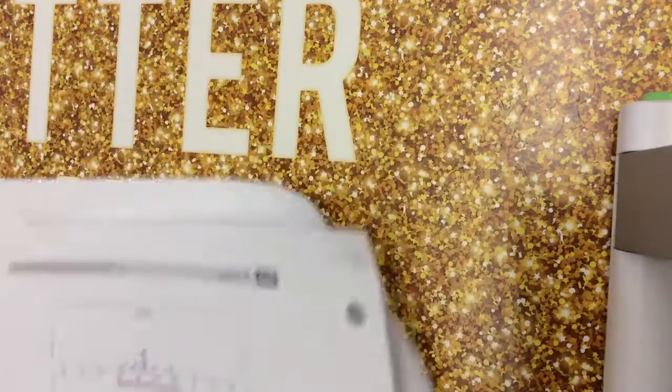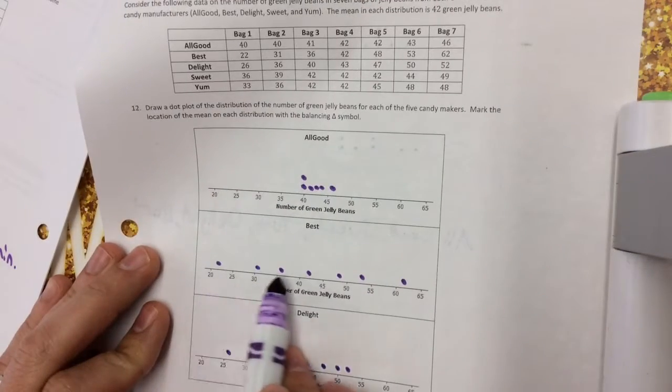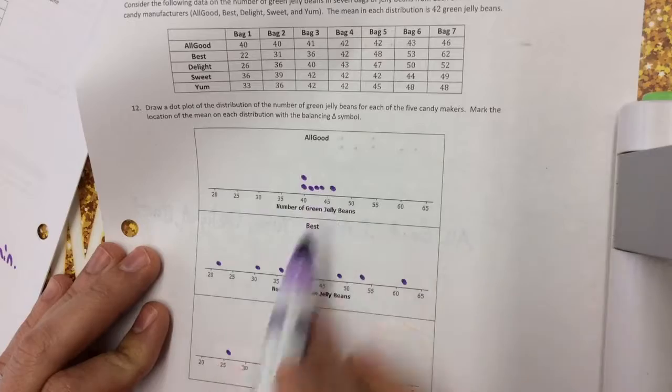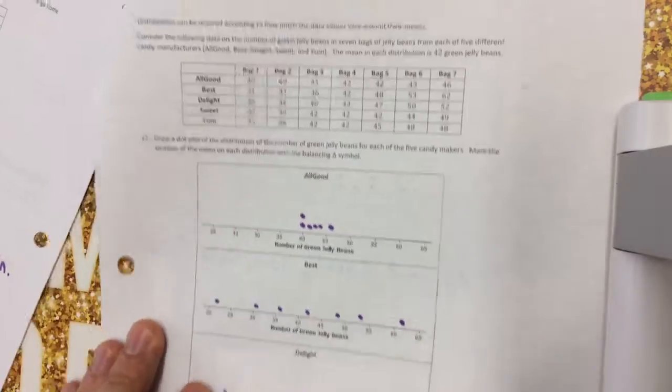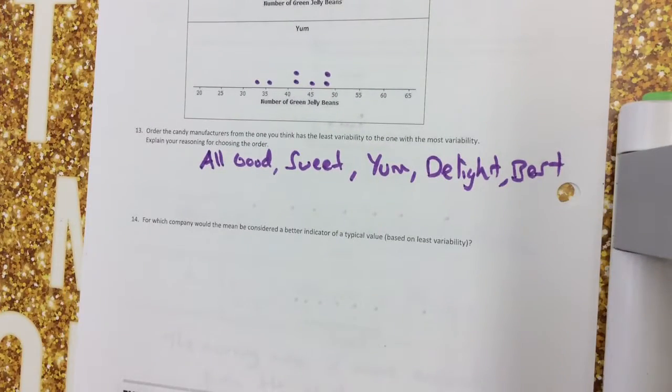So if you look back at the Best brand, we should see that it is the most widespread and not close together. It is not the most accurate. However, if you add these up and find the mean, you may find that they are all very similar or very close to one another. So last question, for which company would the mean be considered a better indicator of a typical value based on the least variability? Okay, and your answers may be slightly different, but the mean